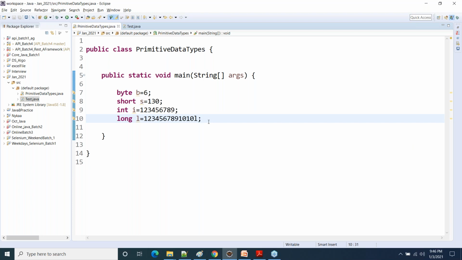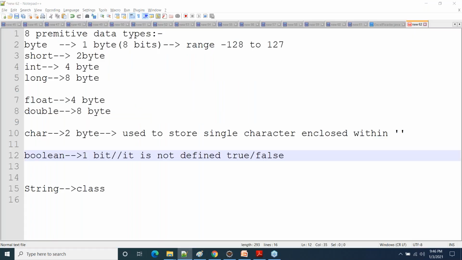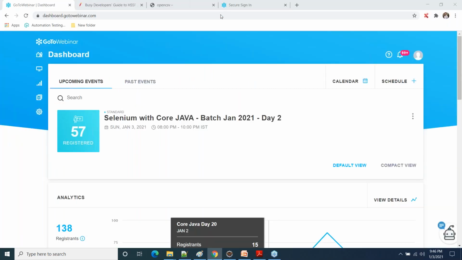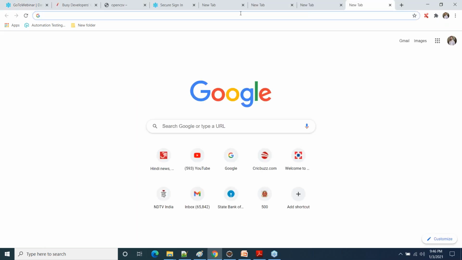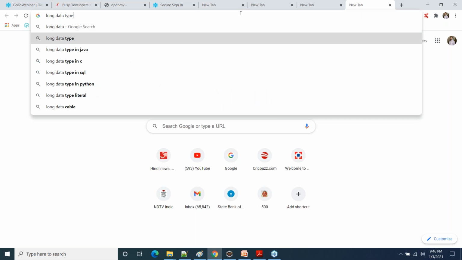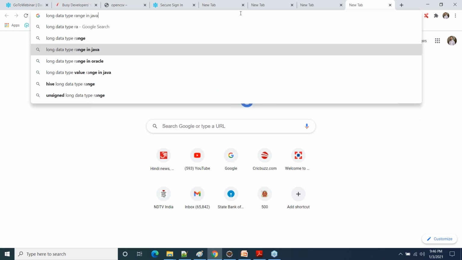How much long value we can give to which data type? To which data type, Atul? Long. The range of long is too big. I don't remember it. Let me Google it. Just a minute. Long data type range.